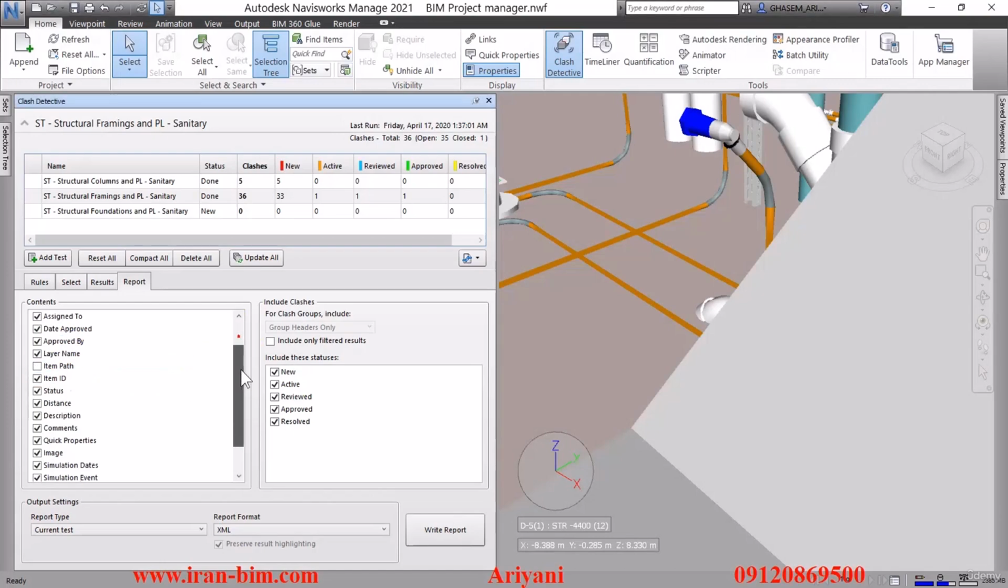So in here we'll be stating what kinds of information we'll be needing from it. The first one, summary, we don't need it, so we'll uncheck it, but the clash point we will need. Then I'll check the date found and the assigned to as well. Then we have the date approved and approved by, which I'll need, but I'll uncheck the layer name and the